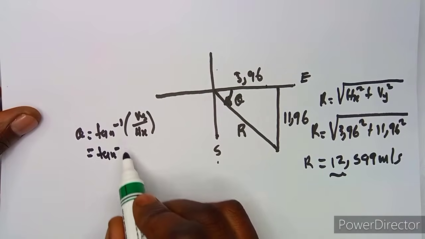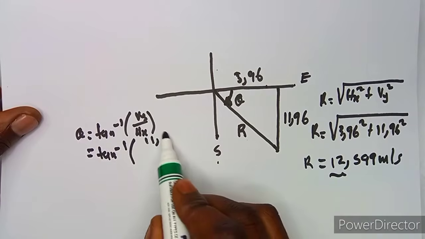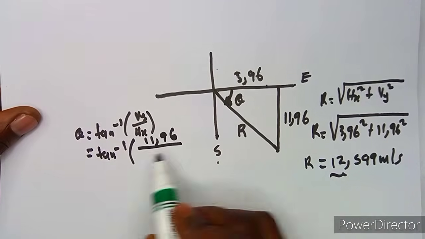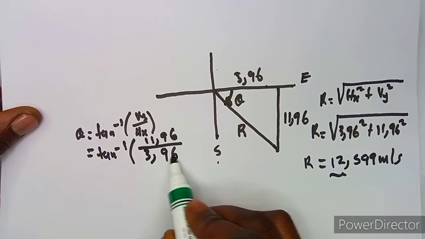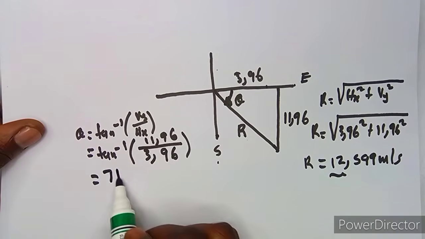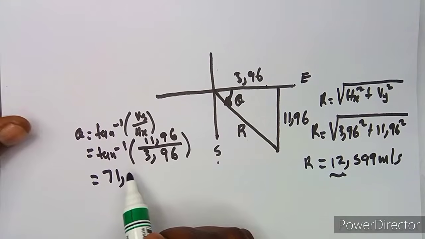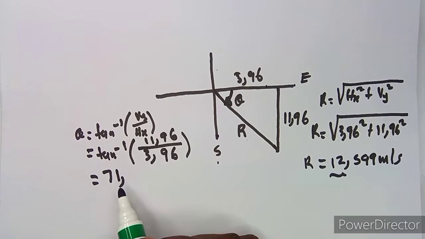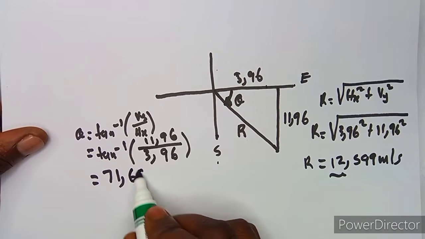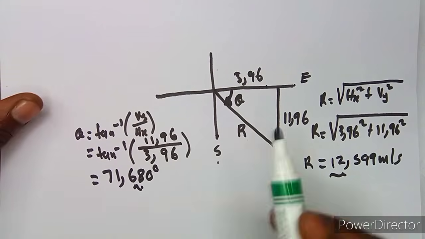So we're going to have arctan. In this case, that's the vertical, which is 11,96 over the horizontal 3,96. So this is going to give us an angle of 71,6801 and so forth. So it's going to give us 71,68 degrees. So like I said, guys,